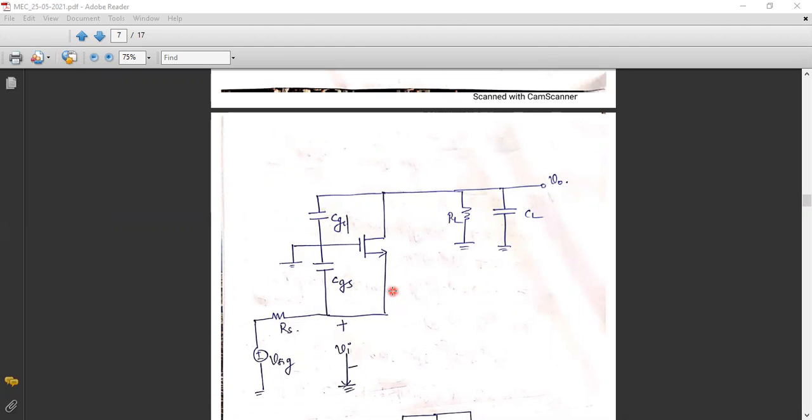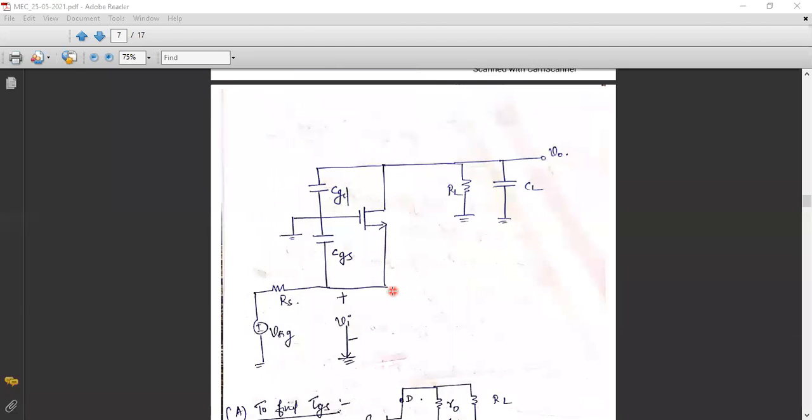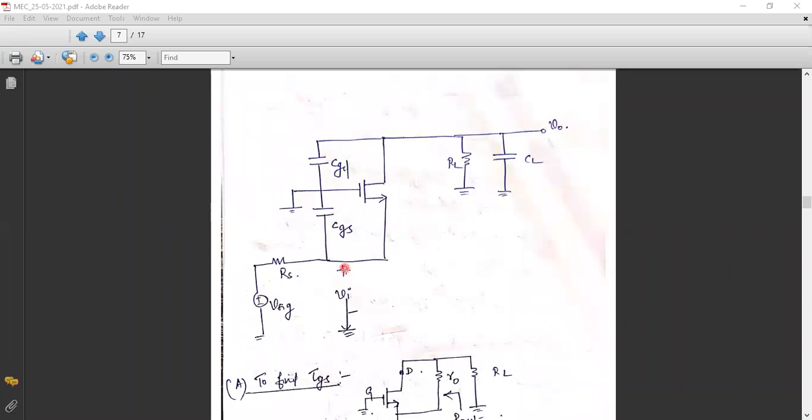So this is an equivalent circuit that consists of three capacitors. You can see the three capacitors in this diagram: CGD, CGS, and CL. We are going to take the effect of these individual capacitances one by one. Thereafter, we will find the time constants, then add those time constants together, and we will find the cutoff frequency FH. So this is the equivalent circuit. Take down this equivalent circuit.